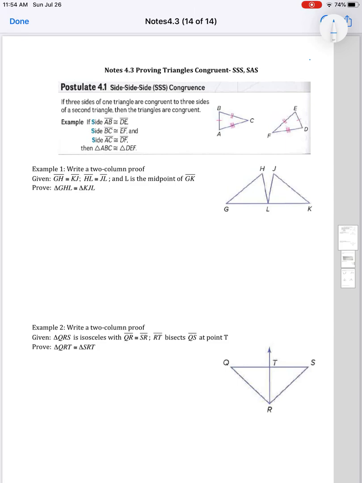All right, so I know at the end of the last video I had ignored that last proof. That's only because now we're going to start to focus on the proofs in these next two sections. All right, so when we're proving triangles congruent, what we're going to talk about today, we have two of them,